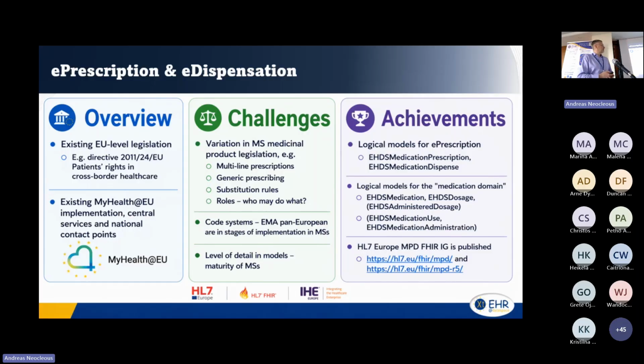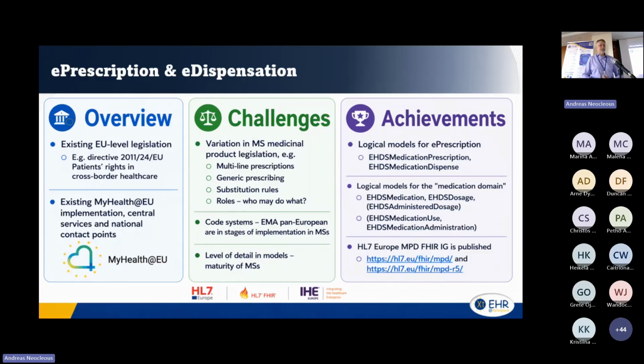We have different rules with regard to generic prescribing. There are different substitution rules, and there are also different roles. It differs between member states who is allowed to do what, what parts pharmacists may or may not do, and so on. So we needed to develop something that worked for all these different situations. Another thing, we